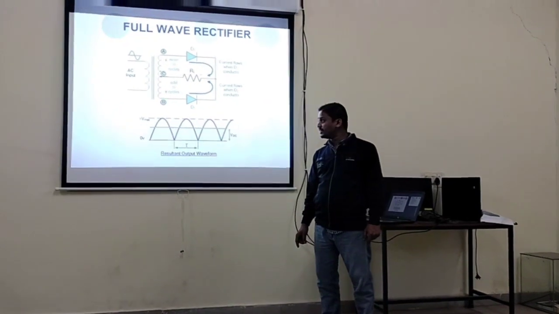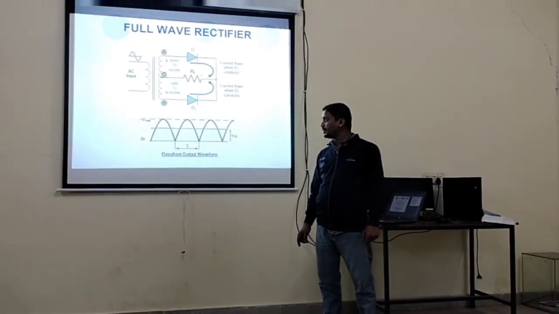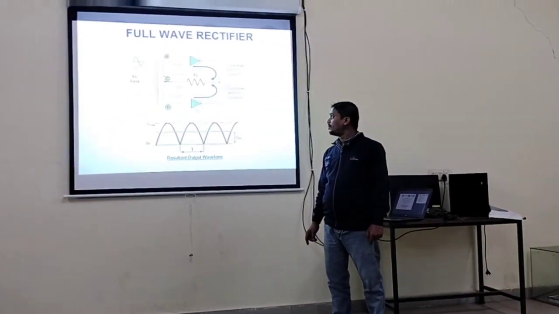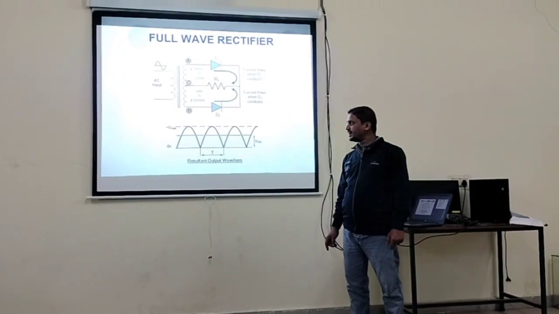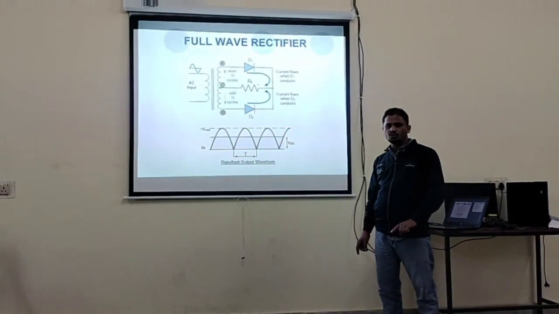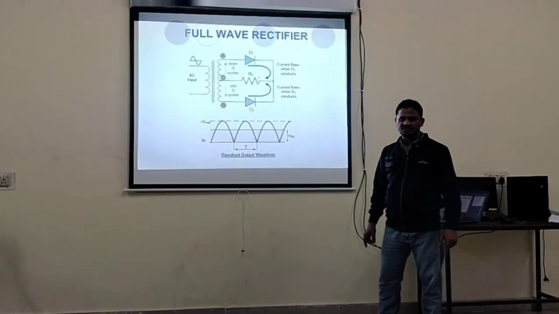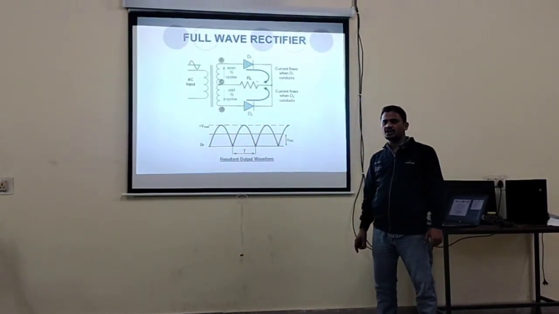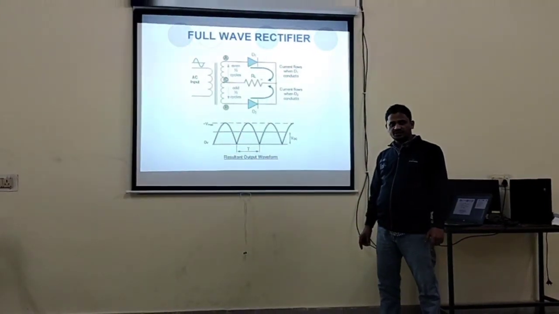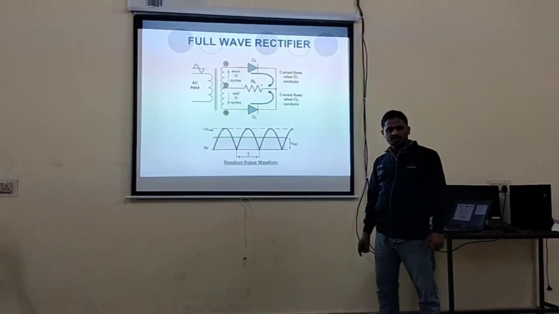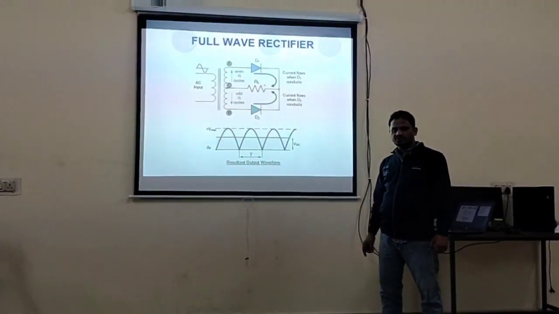It is called center tap because the load resistor is connected between the two diodes, D1 and D2. One end is connected to diodes D1 and D2, and the other end is connected to the secondary side of the transformer. That is called the center tap. The output is connected to the center of the secondary winding. The load resistor connected at the center of the two diodes is what is called a